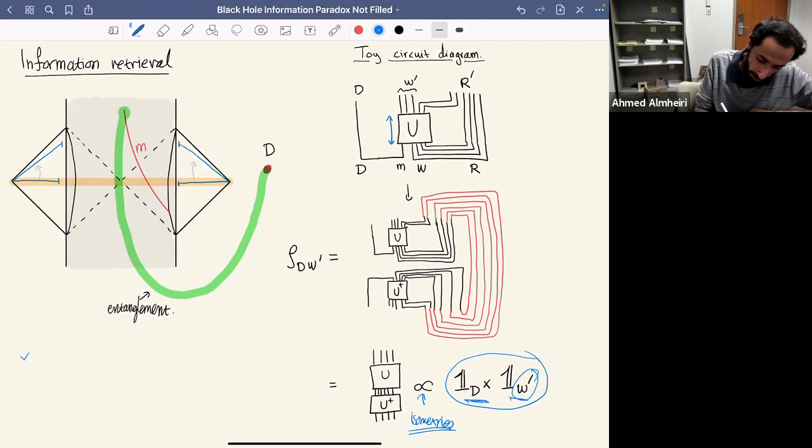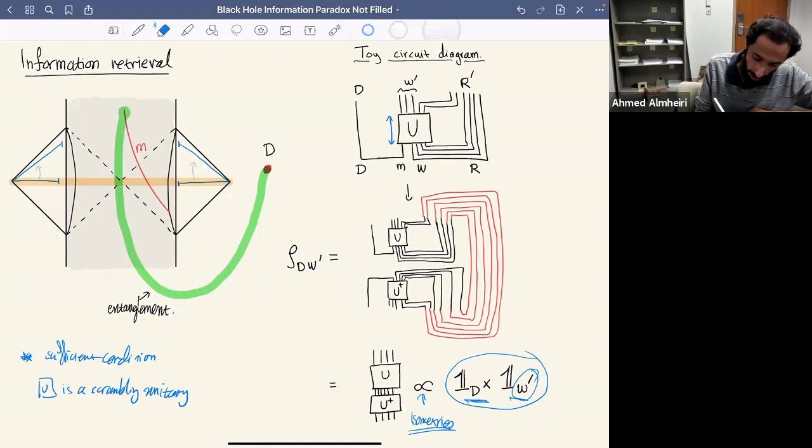And a sufficient condition for something like this is for this unitary U to be a scrambling unitary. A scrambling unitary is a quantum circuit with length roughly log of the number of qubits, or the number of degrees of freedom, or rather the dimension of the input legs, and